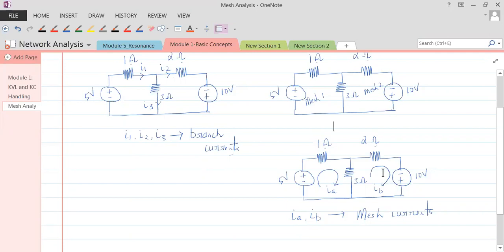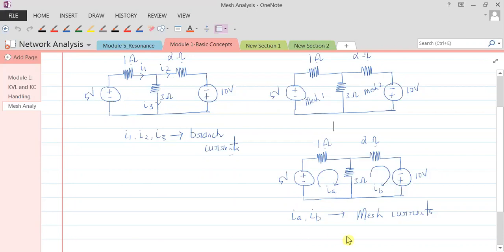Everybody understand that? Okay, because when I apply KVL to some mesh, I should say I'm applying this KVL to this particular mesh. So how to number the mesh? You should number the mesh seeing the current that is flowing there. So among IA and IB, this IA is the first current. So obviously wherever IA is flowing, that is referred to as mesh 1, where IB is flowing, that is referred to as mesh 2.